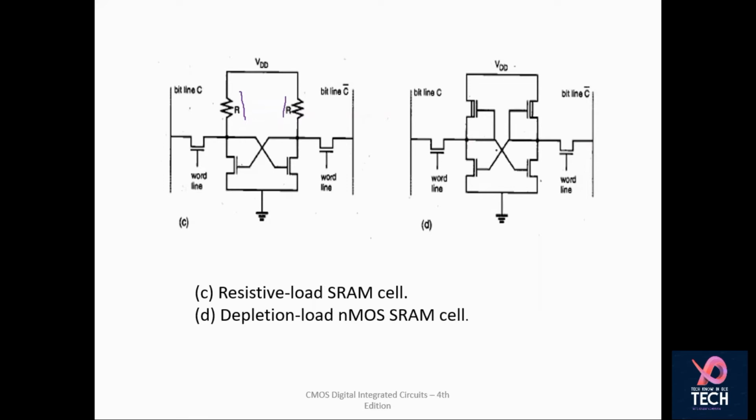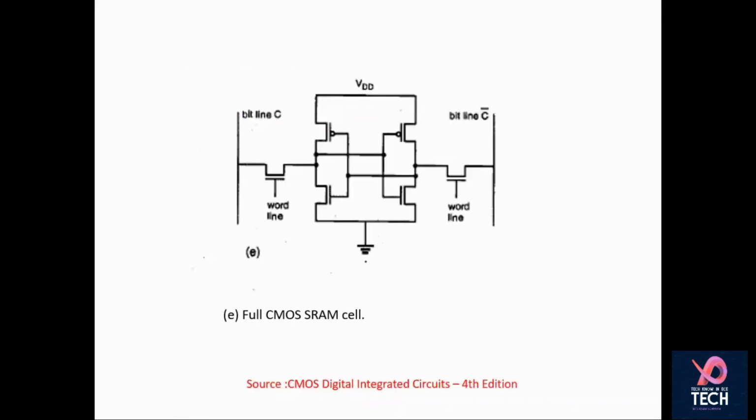So then we move towards this particular kind of SRAM cell, that is full CMOS SRAM cell, and this is being extensively used. Here you can see two cross coupled inverters are being used. This is one inverter, this is another inverter, and here you can see output of first is actually acting as input of second, and output of second is actually acting as input of first. So suppose you make this particular thing 1, so this becomes 0, so this is 0, so this becomes 1, and so on. It keeps on going like that.